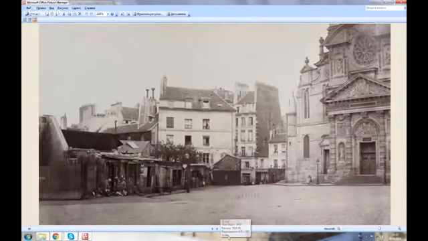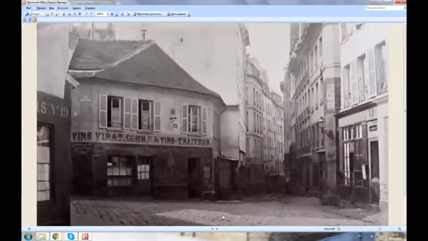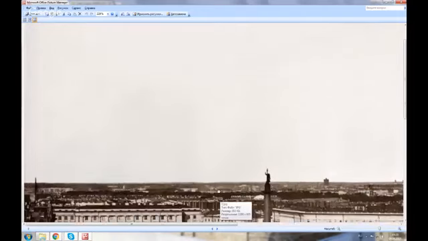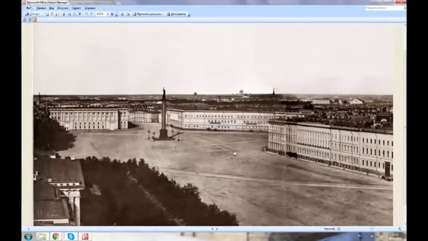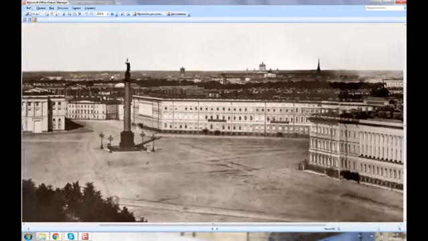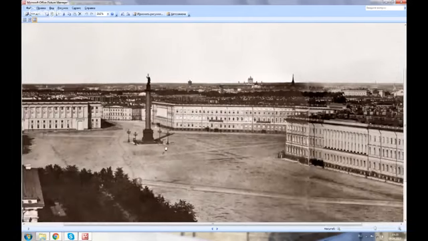Again, 1860s. Nobody on the streets. This is again St. Petersburg. As you can see, the shadow of this Alexander column is pointing that way. So it means